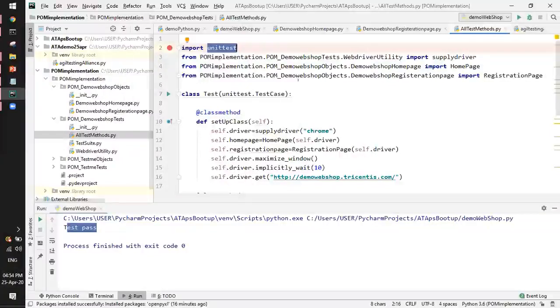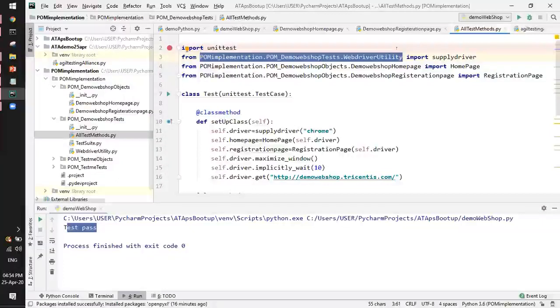Okay, so after the unittest import, I am also importing some other files which are kind of my helper files. I have traversed to a particular file, and from that file I'm importing a particular method.